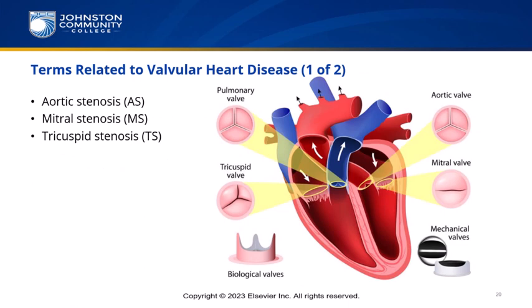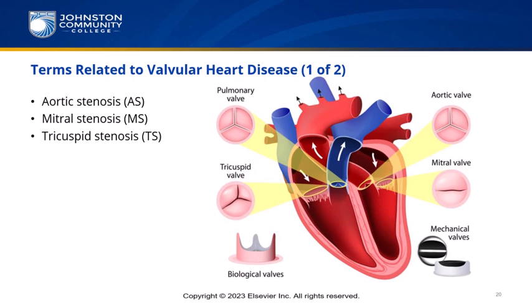Aortic stenosis, remember stenosis means narrowing, is a narrowing of the aortic valve, which may be acquired or congenital. Then we have mitral stenosis, which is a narrowing of the valve between the left atrium and the left ventricle, caused by adhesions on the leaflets of the valve, usually the result of recurrent episodes of rheumatic endocarditis. Left atrial hypertrophy develops and may be followed by right-sided heart failure and pulmonary edema, which we also know as cor pulmonale. The term mitral is derived from the appearance of the valve and its similarity to a bishop's mitre